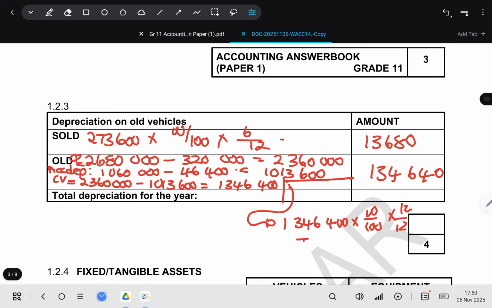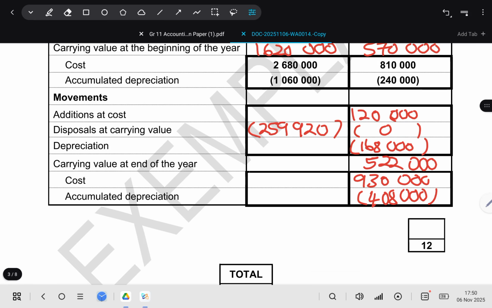Okay, so our total depreciation for the year will be 13,680 plus 134,640, which gives us 148,320. So that 148,320 will bring it here,